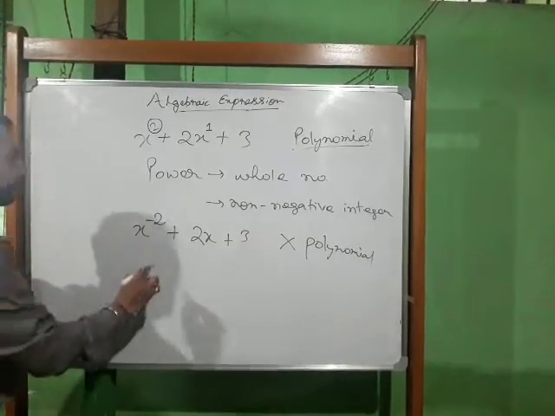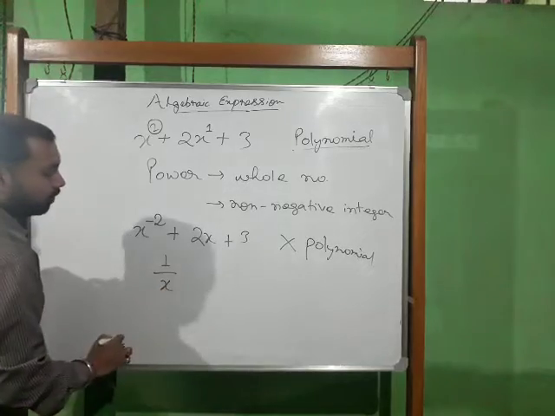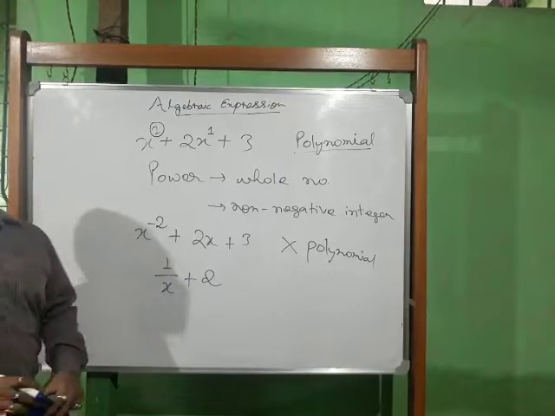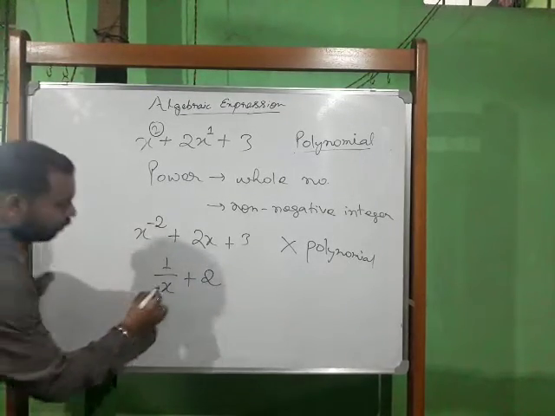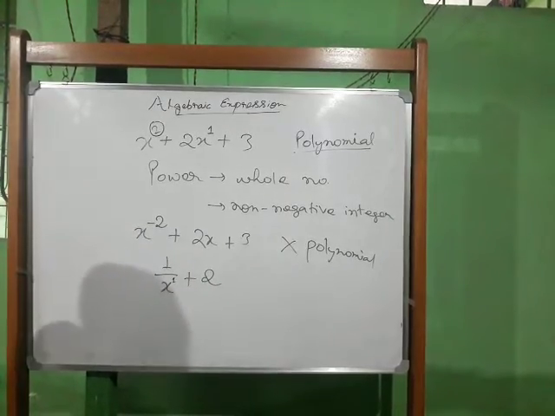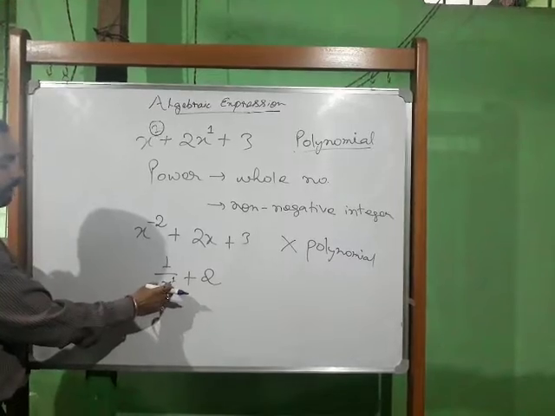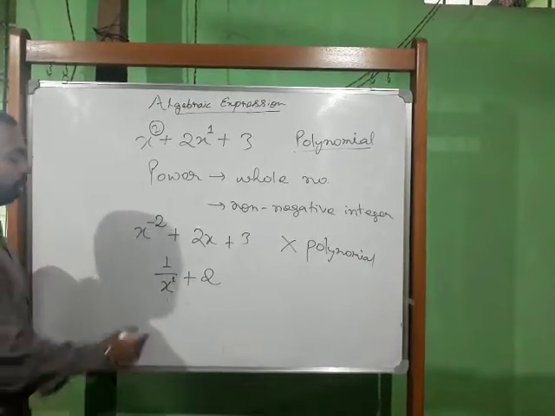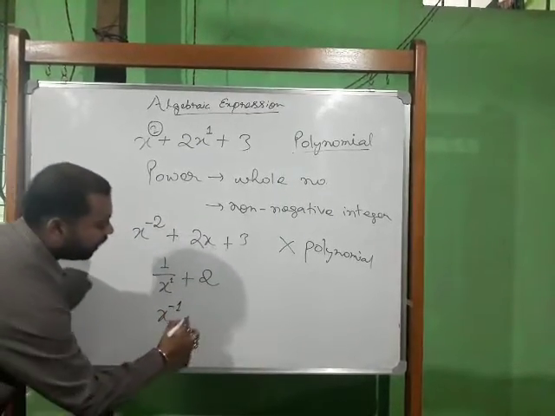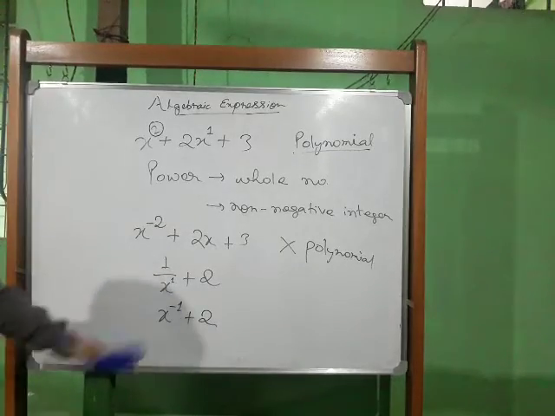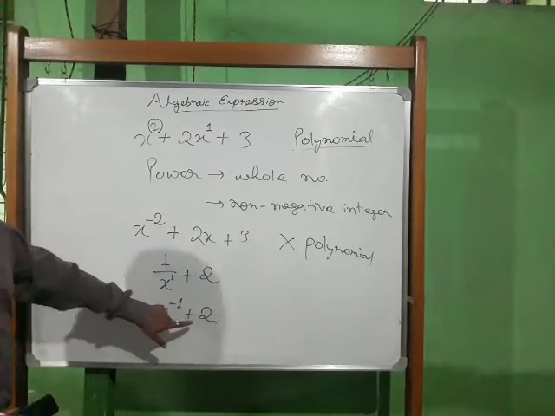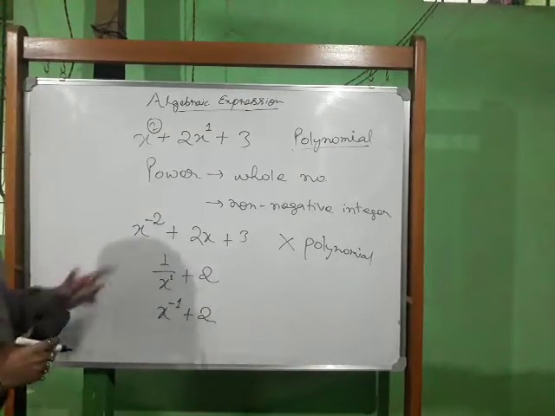Some more example like this, sometimes you will get like this, 1 by x, plus 2. Now this is algebraic expression or polynomial. 1 by x, we can write here x nothing is there, means power is 1. Now in the exponent chapter, what you have learned, if you want to bring this x in the numerator, then this power sign will change. Now it will become x to the power minus 1 plus 2. Since the power has become negative, so it is called algebraic expression. This is not a polynomial. So this is all about polynomial.